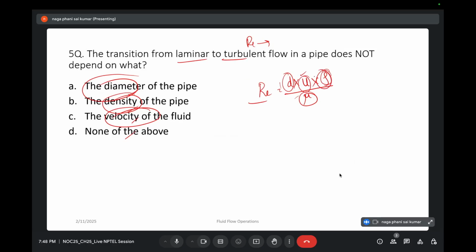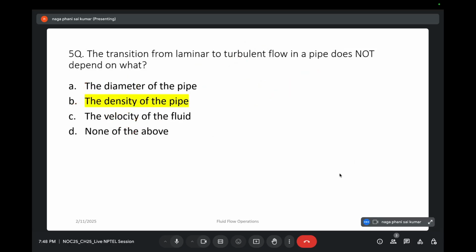Because the density that we are using is the density of the fluid, right? So it does not have any effect on the flow type, or it cannot change from laminar to turbulent flow. So the option will be density of the pipeline. But if you change the density of the fluid, then you can change the Reynolds number and change the flow